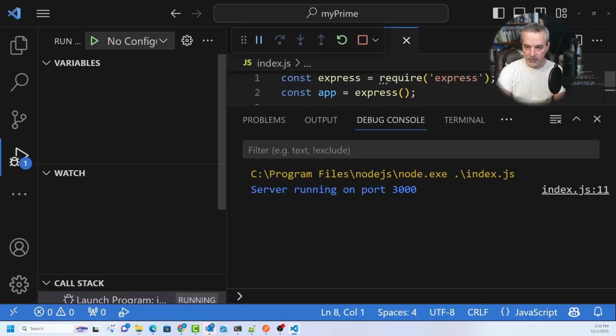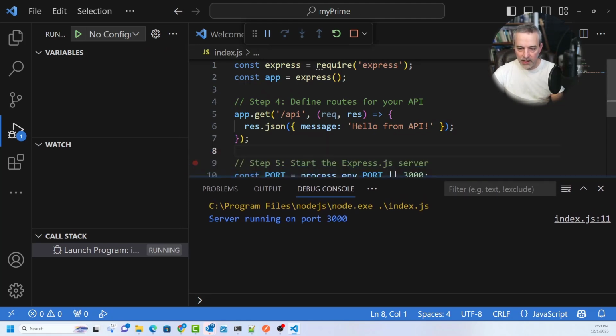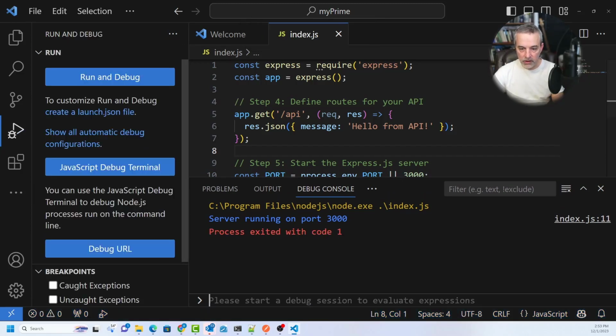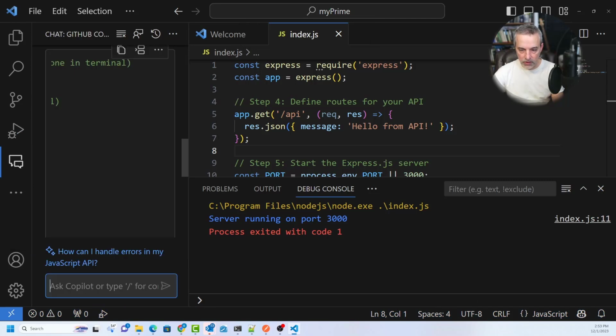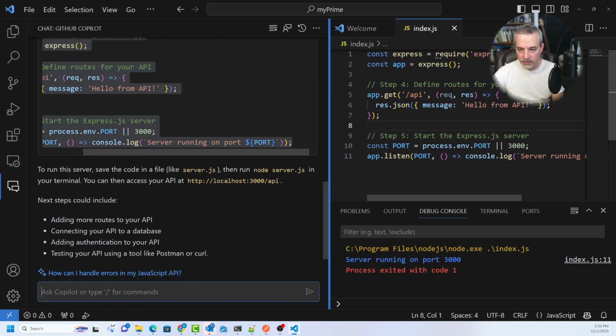So I kind of expected that to work. I didn't have a whole lot of doubt that that would work. Okay, so I'm going to add another route to this. So let's see if it'll allow me to add another route to this. So let's stop the debugger and come over here to our chat, and let's kind of zoom this out a little bit so we can see what's going on in the chat here, and spread this out a little bit,